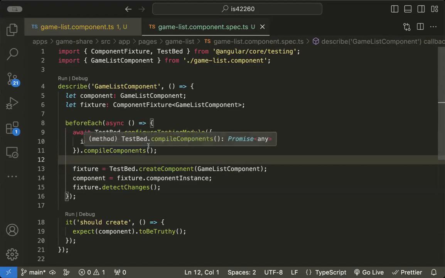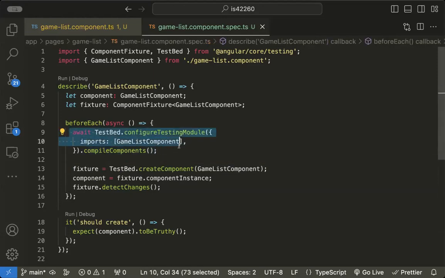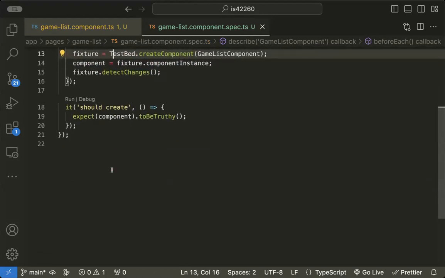This is important because we are using a standalone component. You do not need to worry about these things. They are Angular specific, or you can say they are part of the instantiation process. We'll simply assume that by using this syntax we are creating